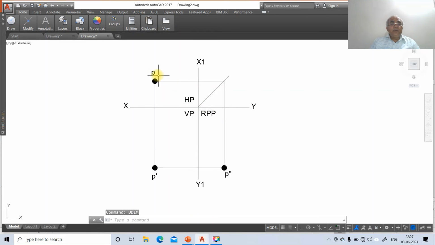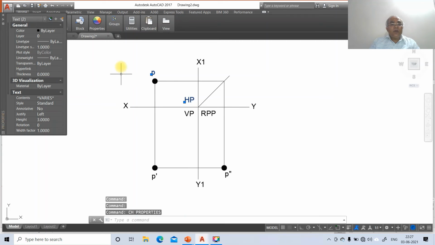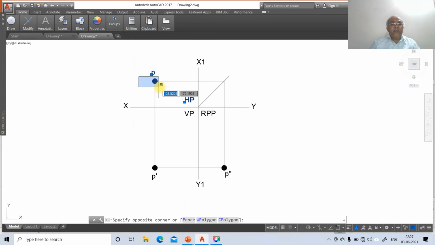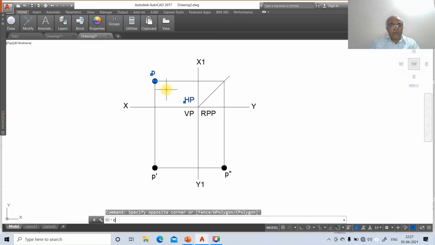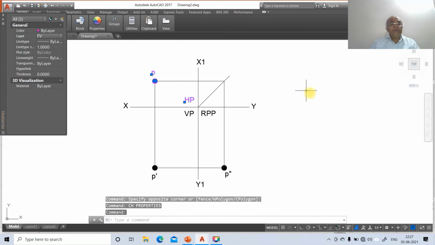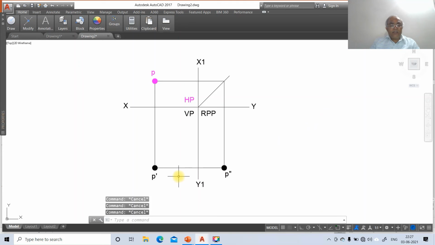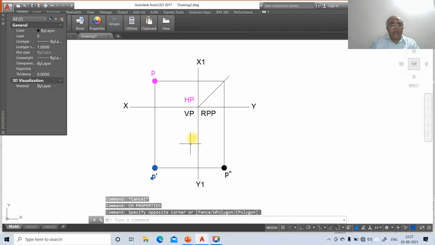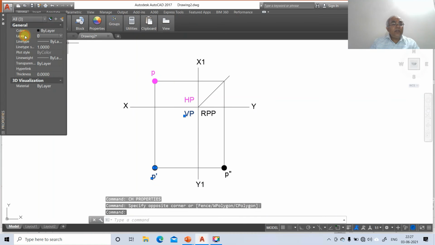Now once you do that, we are going to change this. Go to CH. I'm going to take this as the layer. Sorry, I can take this also. You go to CH, go to layer, make this as front view now. Then go to CH, select this entire thing and this line, go to layer, make this as front view.